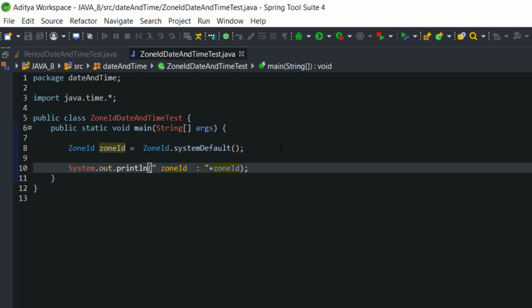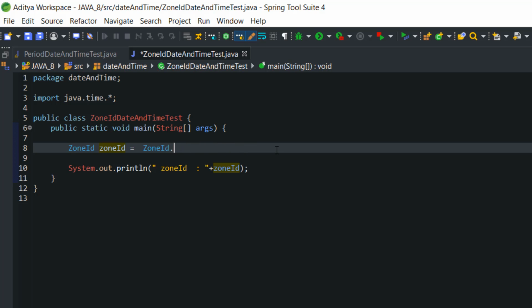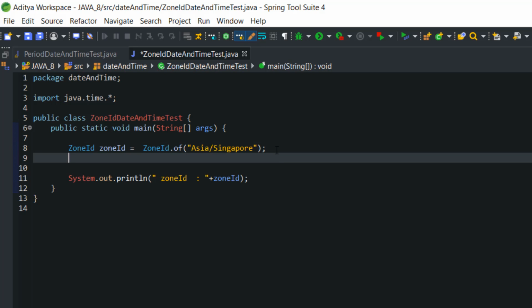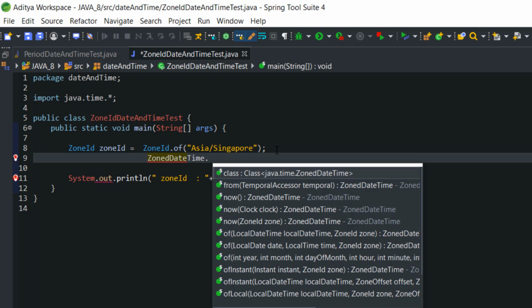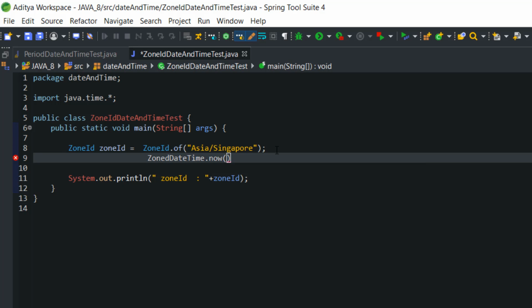I am going to write ZoneId and call the of method with Asia/Singapore, and I'm going to call another class named ZonedDateTime, dot now method, and inside the now method I'm going to pass this ZoneId reference.